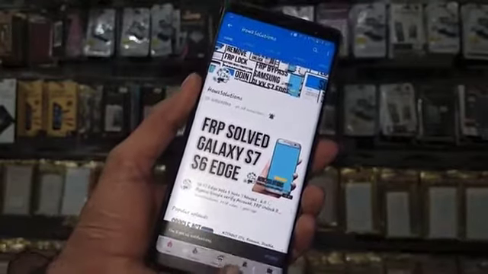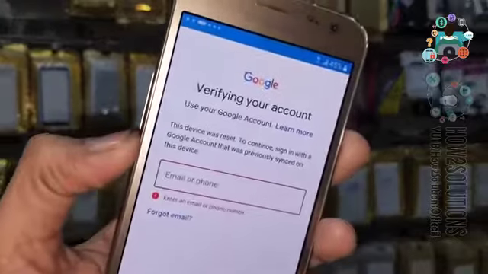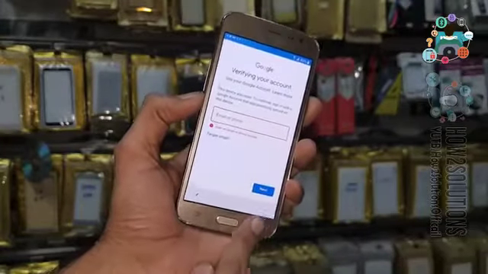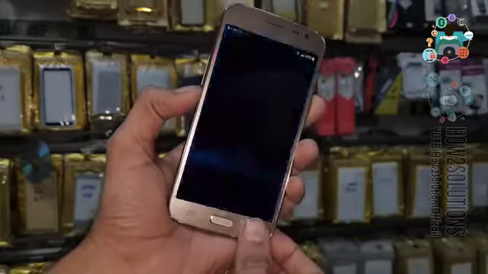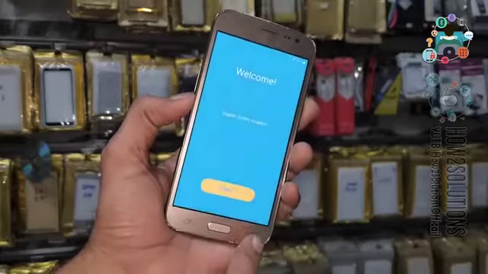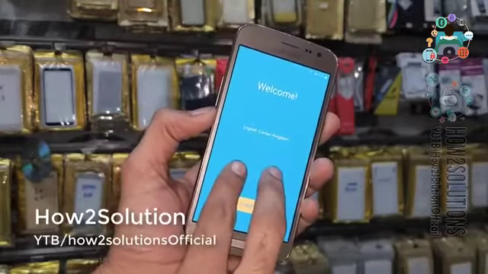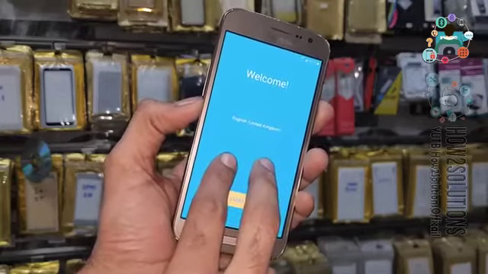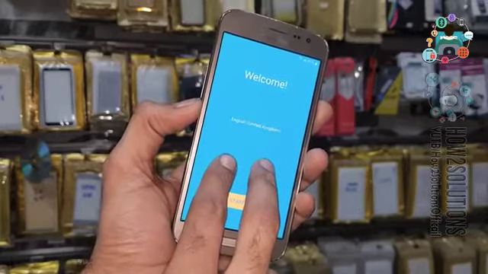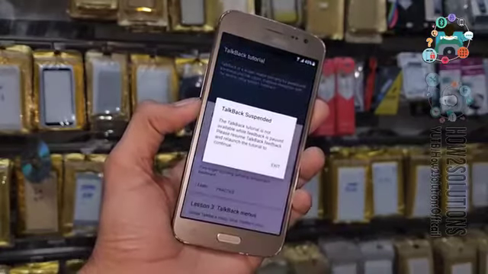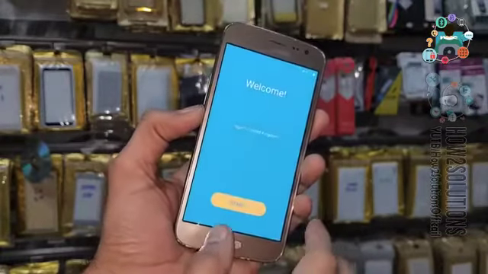So let's start the solution from here. You can see here this device is asking Gmail account. So first of all, you have to go back to the home screen. Once more time I am going to use talkback settings. So use your two fingers on the screen, keep pressing both fingers 10 seconds until you hear a beep. So after that you can see here talkback tutorial.